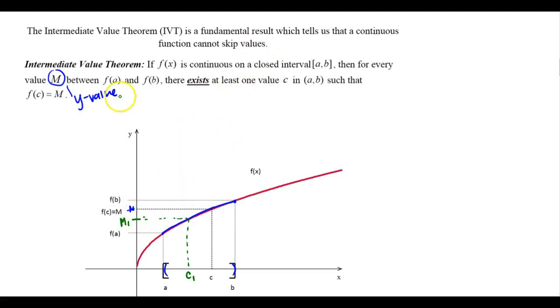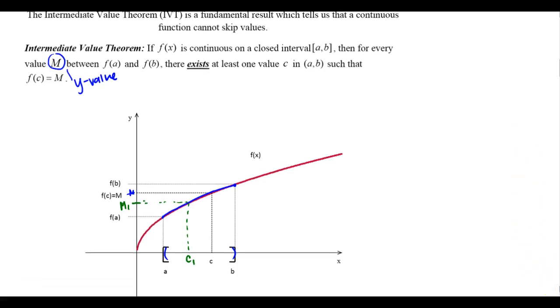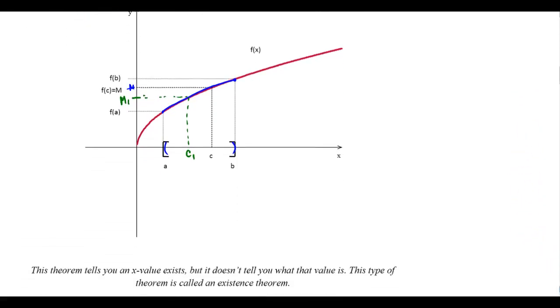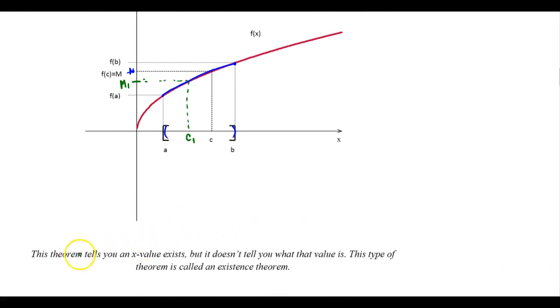what it's informally saying. But formally, if I choose any y value, it better have come from some x value in the open interval from a to b. So the existence part. Let's go ahead and scroll down a little bit. The existence part. This theorem tells you that an x value exists, but it doesn't tell you what that particular